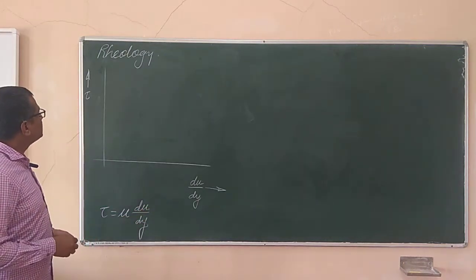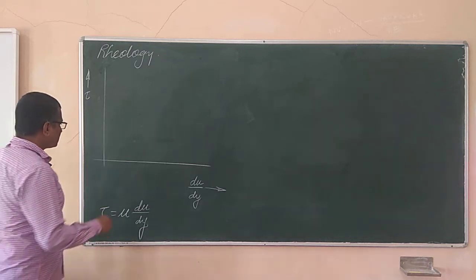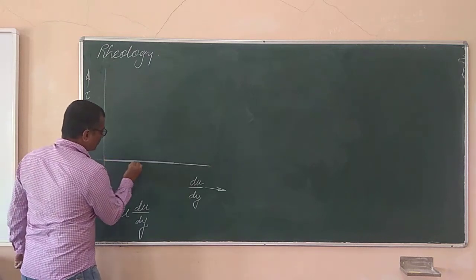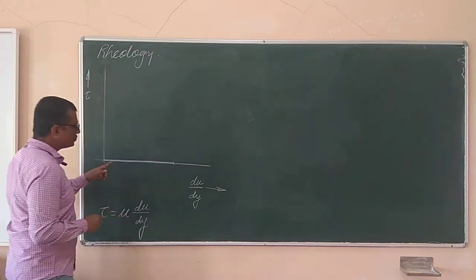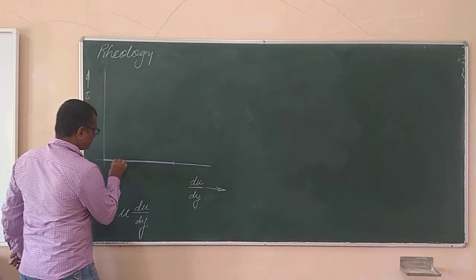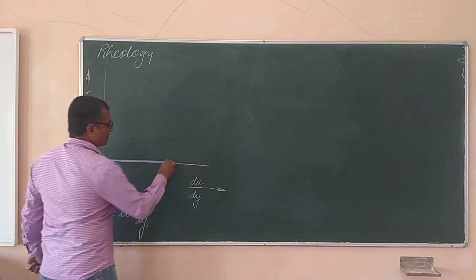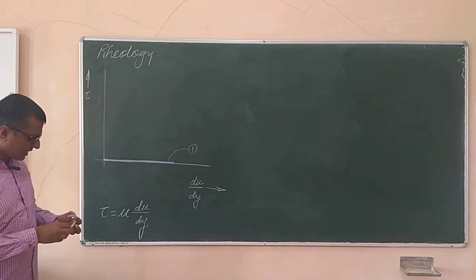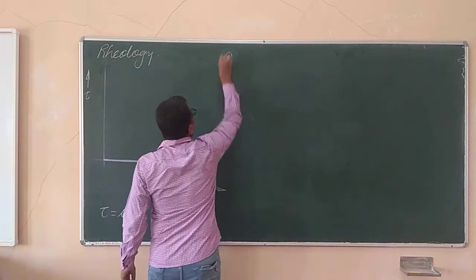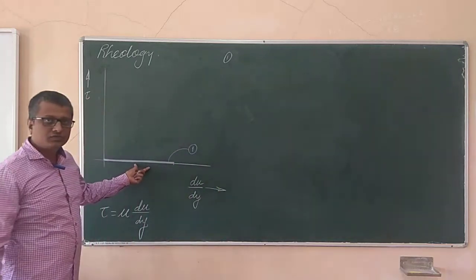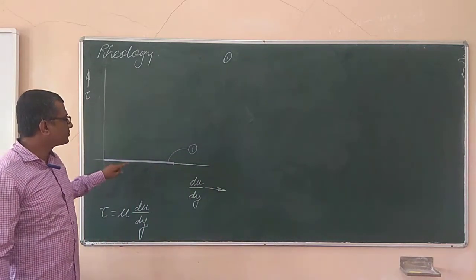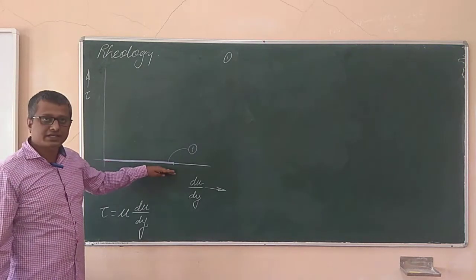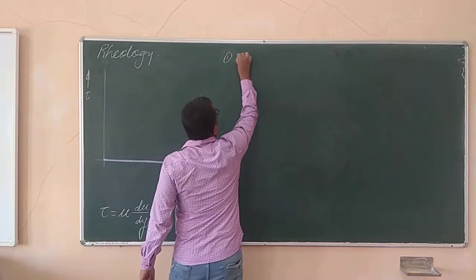Now I would like to categorize these fluids in various ways. I would like to take down the first type of fluid over here. There are some fluids whose variation of shear stress with respect to the velocity gradient is something like this. I would like to name this fluid category as 1. This is the fluid category whose slope is 0, that is, you can see there is almost no variation of shear stress with respect to the velocity gradient. The curve is parallel to the x-axis. So this fluid, we say, is the ideal fluid.